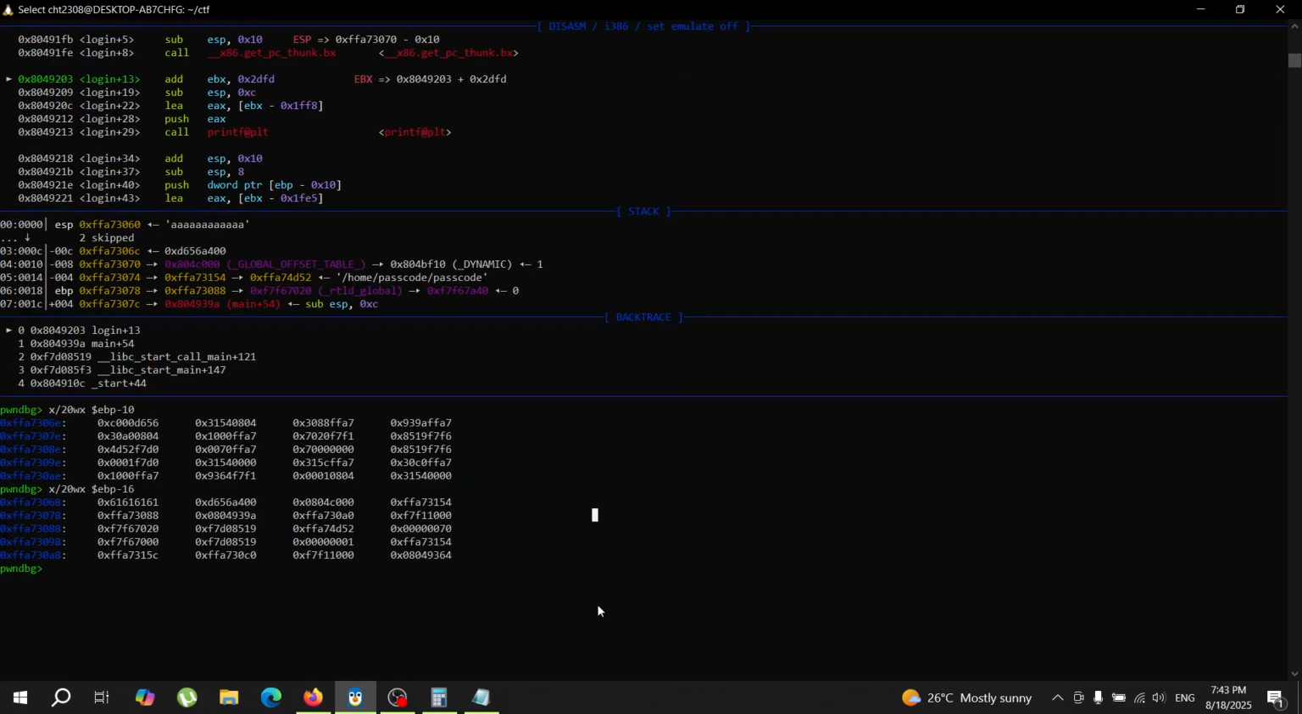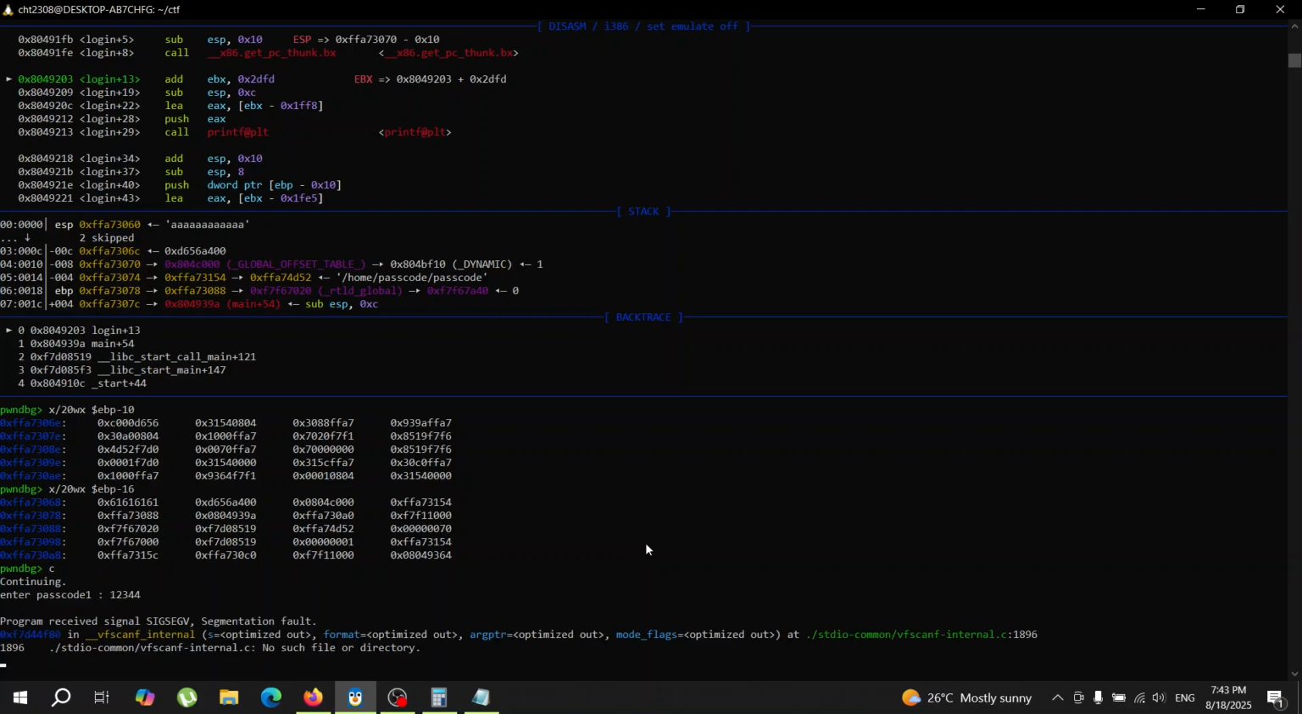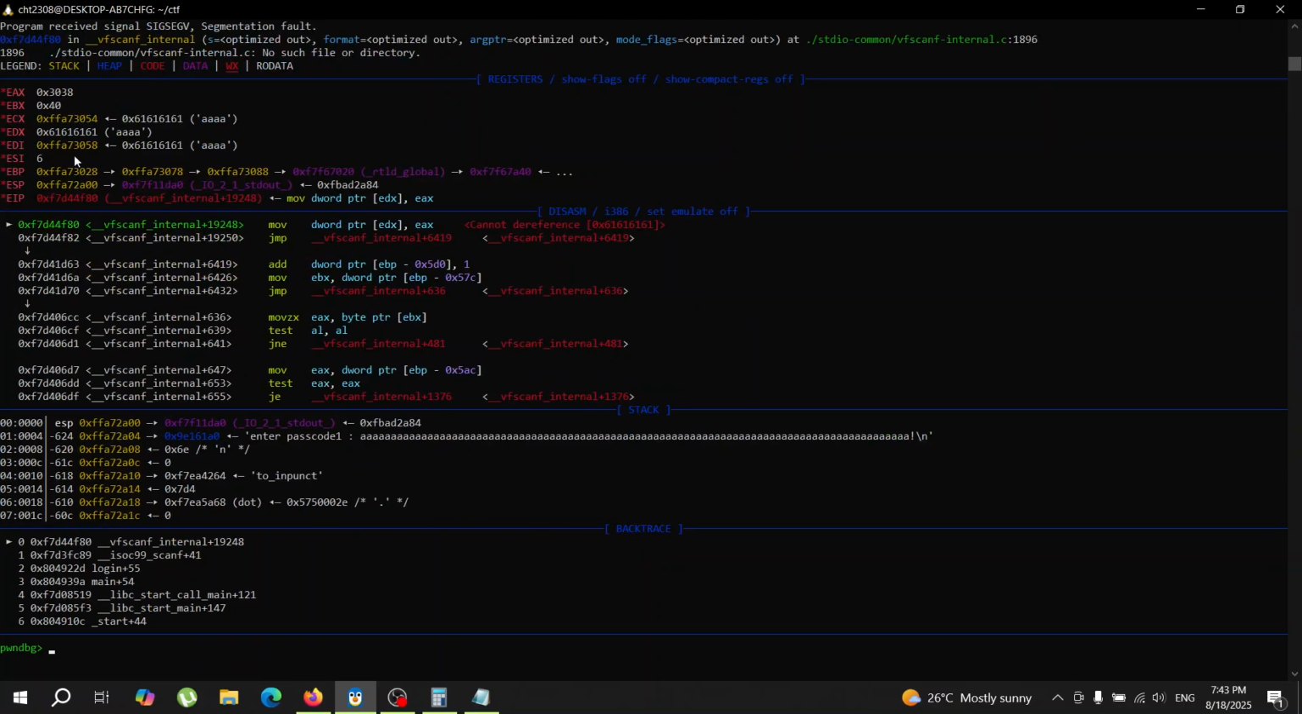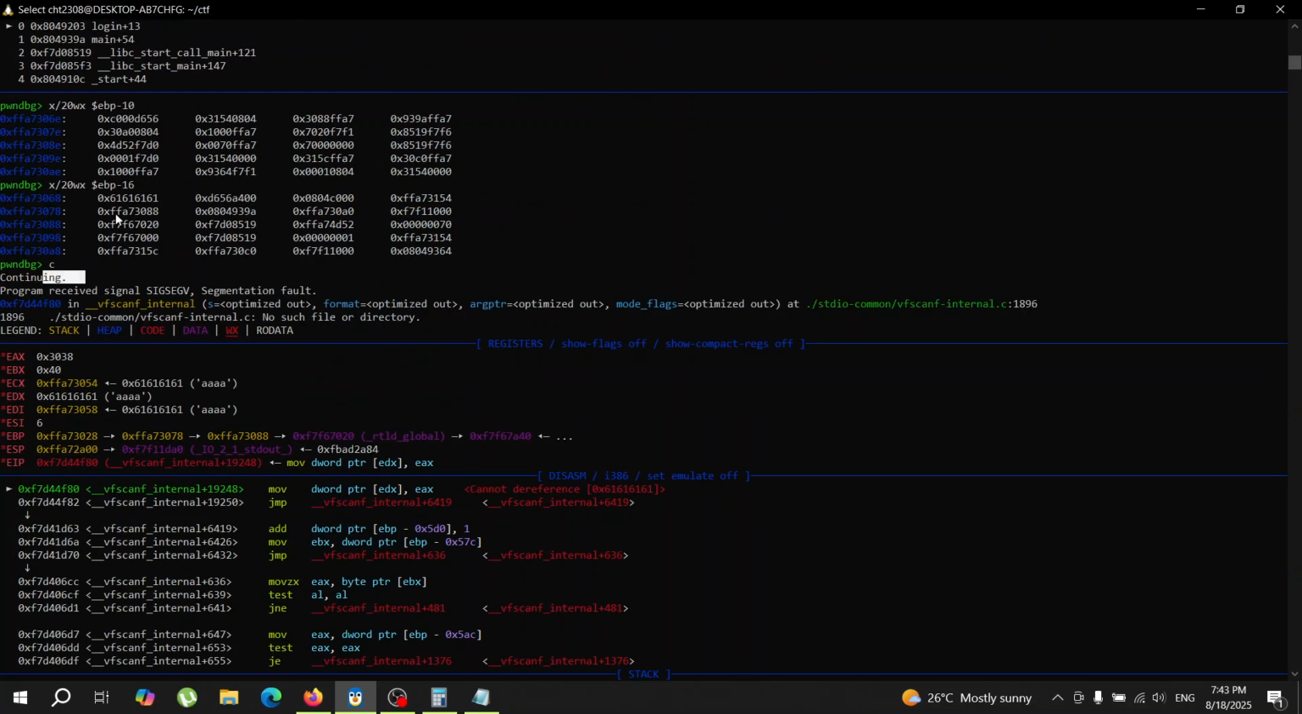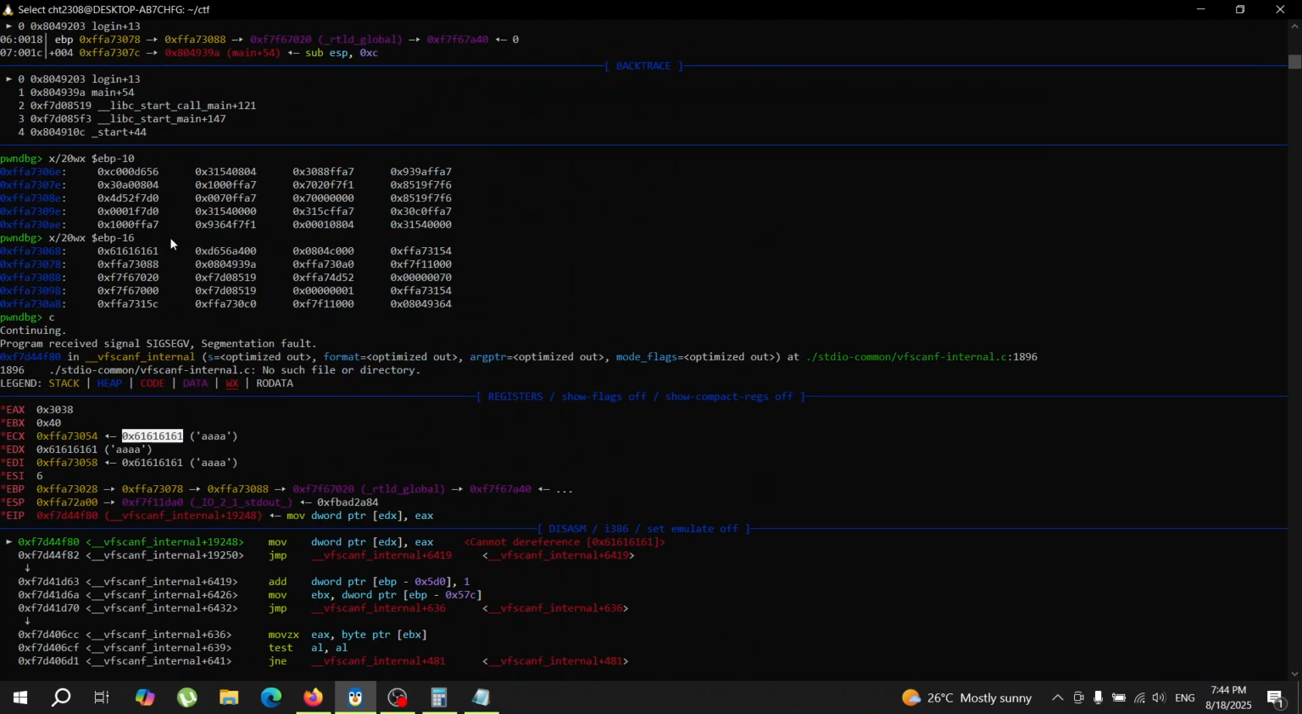So that basically means if I continue this, enter passcode 1, if I hit continue here, because here is exactly EBP minus 10. So here at EBP minus 10, when we're reading from the memory directly in the GDB, and now at EBP minus 10 there is this, so 61, 61, 61, 61,